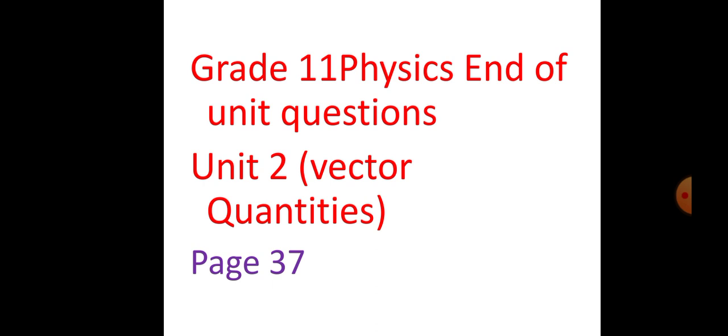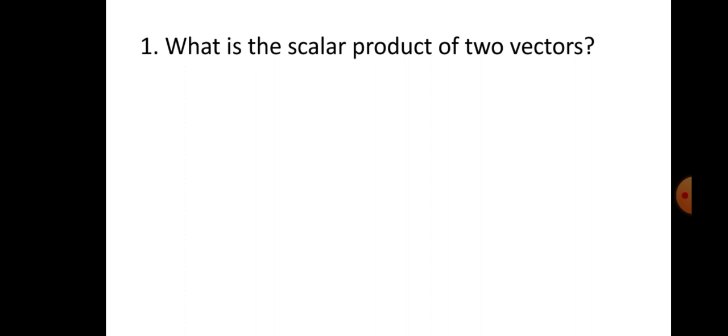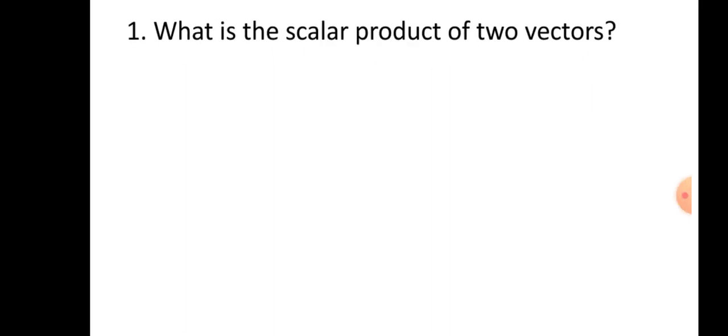የመጀመሪያውን ጥያቄ በመስራት እንጀምራለን። ዋት ኢዝ ዘ ስካለር ፕሮዳክት ኦፍ ቱ ቬክተርስ? የመጀመሪያው ጥያቄ ዘ ስካለር ፕሮዳክት ኦፍ ቱ ቬክተርስ። ስካለር ፕሮዳክት ሚንስ ዶት ፕሮዳክት። ስለዚህ ሁለት ቬክተሮች ዶት ፕሮዳክታቸውን ስንፈልግ ሪዛልቱ ምንድን ነው የሚሆነው? ስካለር ነው።